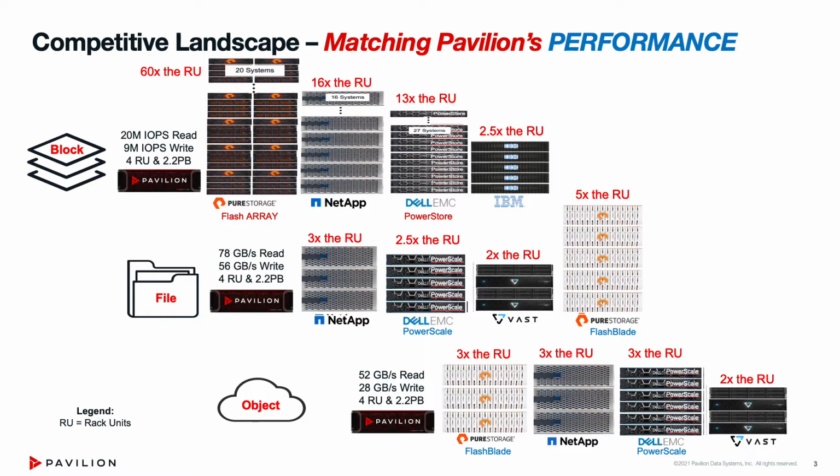If you put the dimension of file in our performance of 78 gigabytes a second read, 56 gigabytes a second write, it would take 3 times the rack units for NetApp, 2.5 for Dell PowerScale, 2 for VAST, and 5 for FlashBlade. The lens on object, 52 for read, 28 for write, and those 4 rack units would take 3x the rack units for FlashBlade, 3x the rack units for NetApp, 3x the rack units for PowerScale, 2x the rack units for